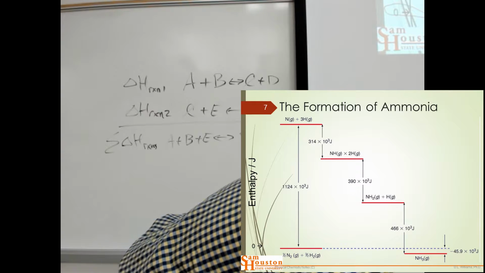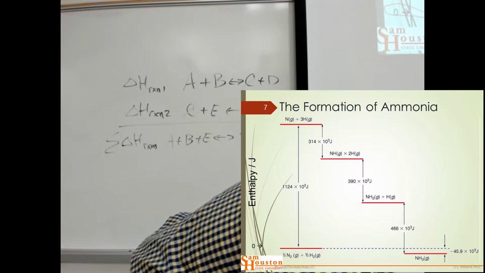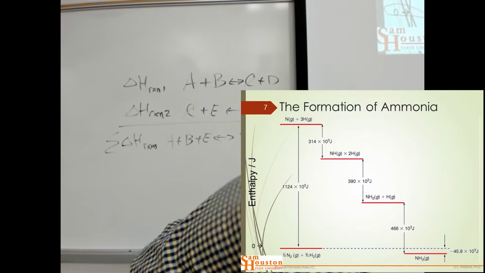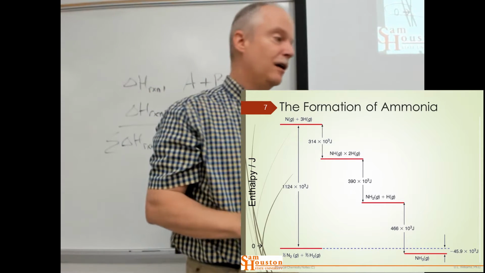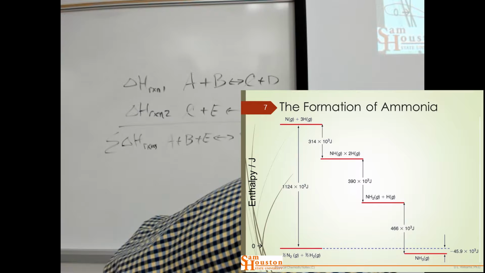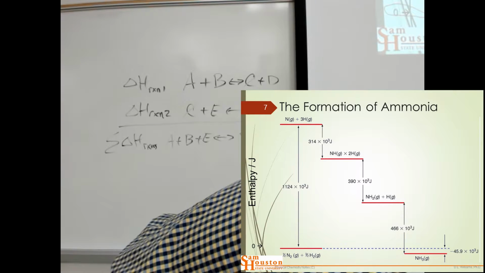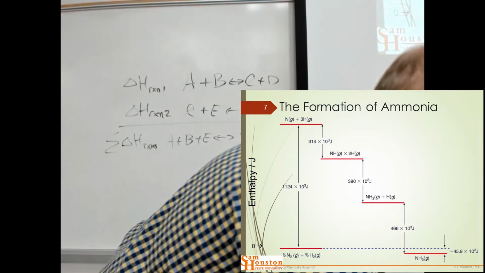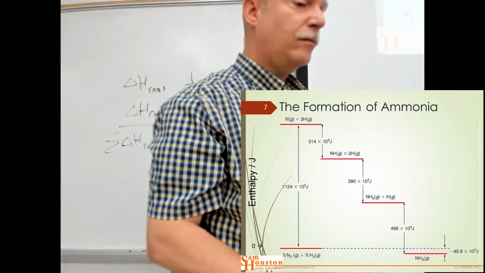We could have added all of these reactions together, and we would have 3 hydrogens on the left and 3 individual hydrogen atoms on the right, and the individual hydrogen atoms would have canceled because they're on the left and the right. And we would end up with ammonia. So we could see Hess's law in action here. We could see the energetics. And then delta H for the reaction is the sum of all of these: the sum of this positive one and then subtracting all these negatives. Okay.